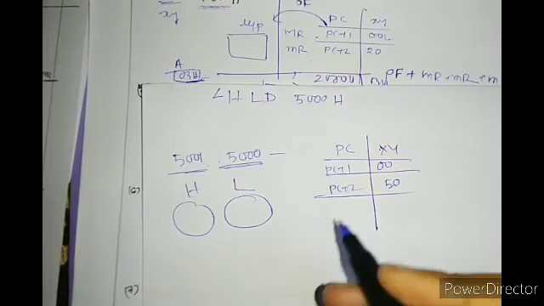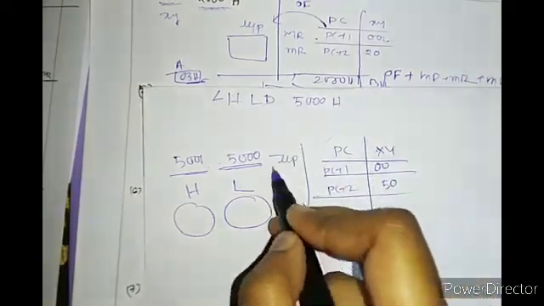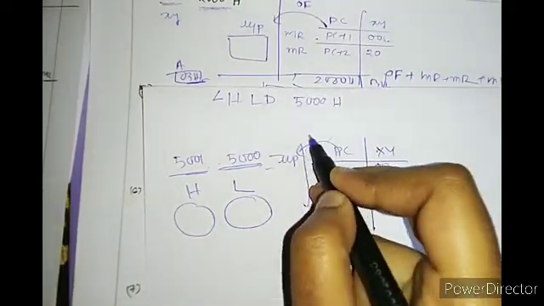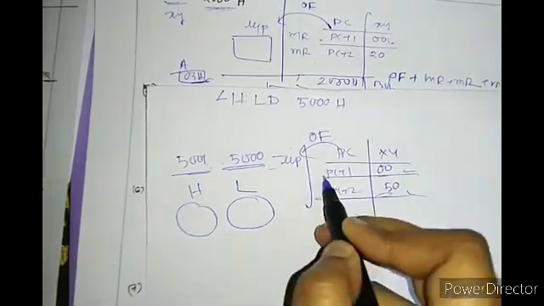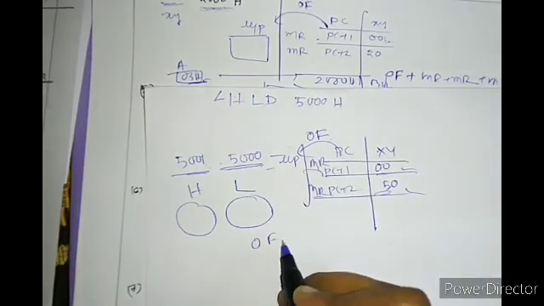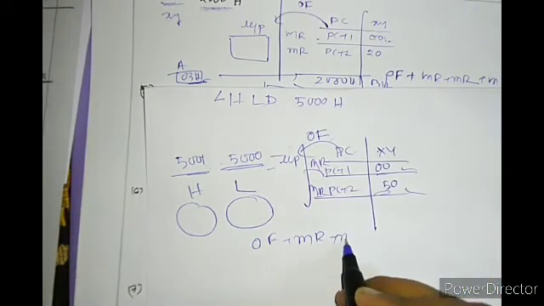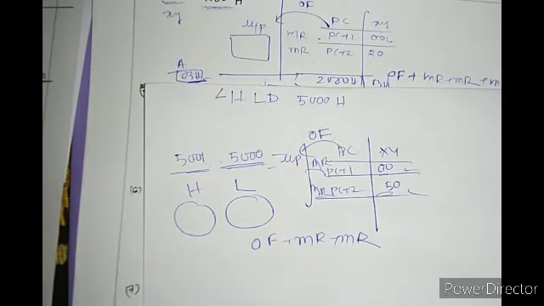First step, fetching. MP fetch is OF. Fetch this to MR. So OF plus MR is done. As OF is done, decoding is also done, and decoding says that I have to get the data from these